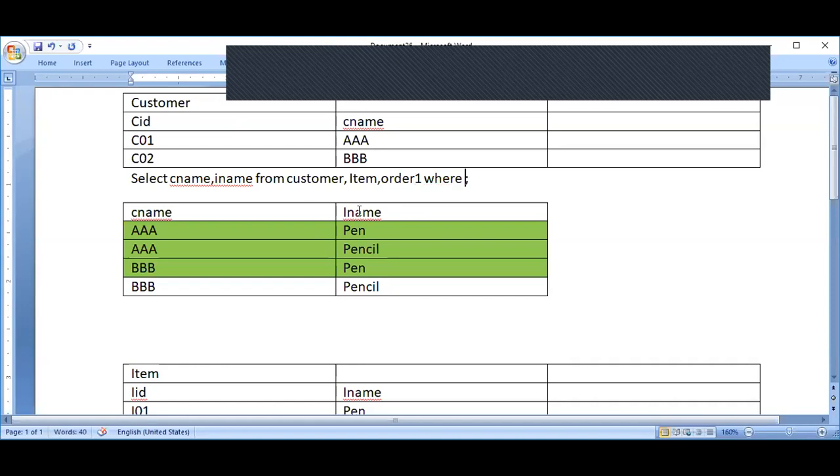I will have to give aliases: customer C, item I, order one O, and then where O dot CID is equal to C dot CID, like this, and I dot CID. I must have the other join also. Anyway, I'm not writing the other join now, but the other join is also required.